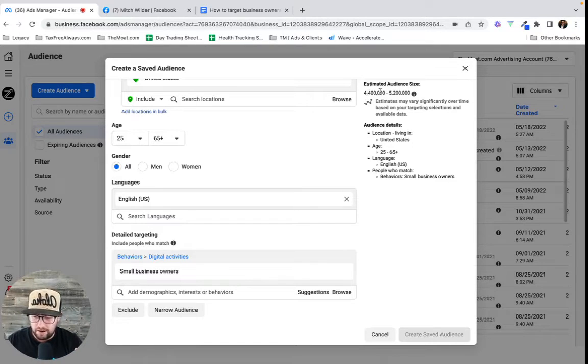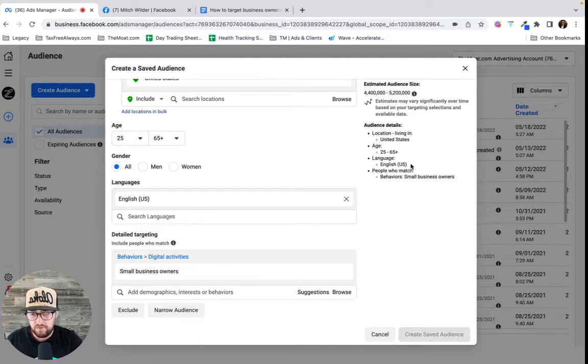Okay. A lot of people, when they talk about targeting business owners, they're trying to go small and narrow. That is not how this platform works. So when we're running ads on the Facebook and Instagram platform, which this is the audience targeting for both, we really want to focus on broad audiences. A small audience on this platform is 1 to 3 million people. I like to be as large as possible for an audience. I want to be in the 4 to 5 million range. Some people say that the sweet spot is like 3 million. But this is a nice audience size. So I really like this one.